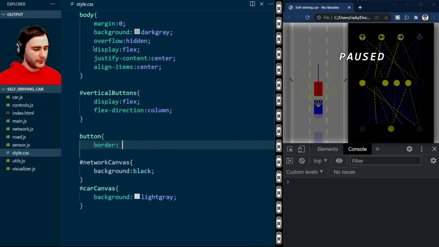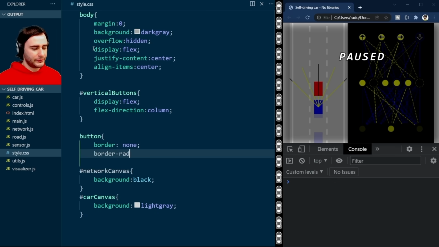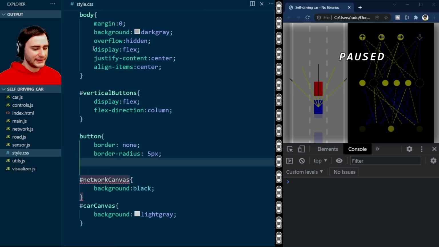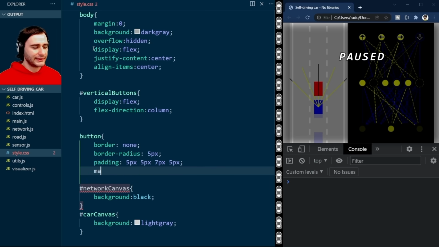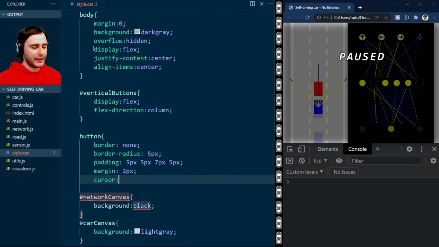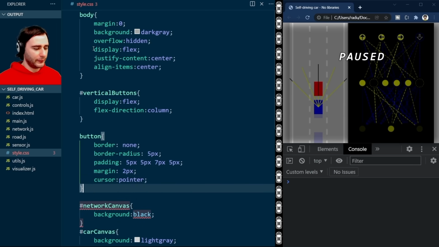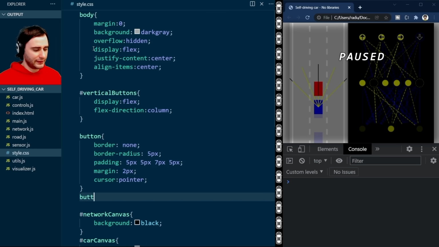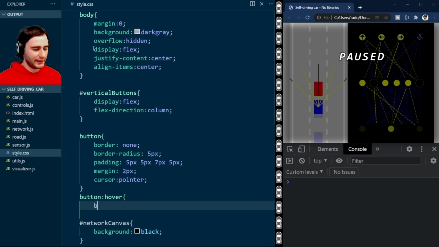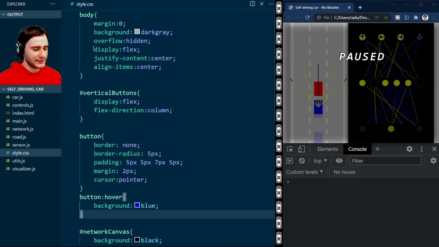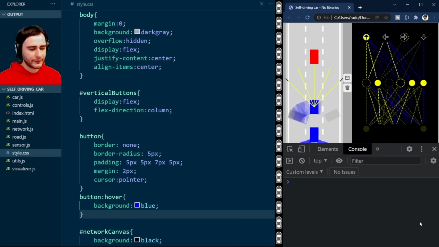So I like to remove the border and give it a round shape, so a radius there. And a padding, this is some value that I found goes nicely with the emojis that we use. And a margin of 2 pixels. And the cursor set to pointer so that our arrow icon changes into a hand cursor when the mouse is over it. And speaking of hovering with the mouse, let's set a hover for the button so that it gets a blue background like this. So save the file, refresh the page,